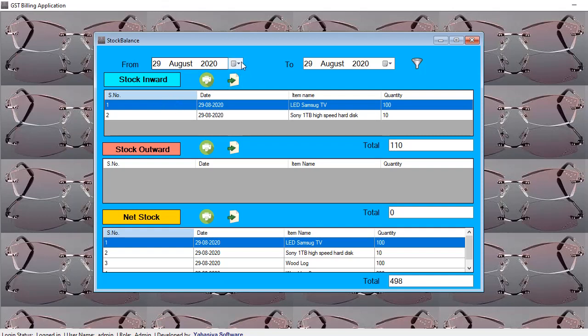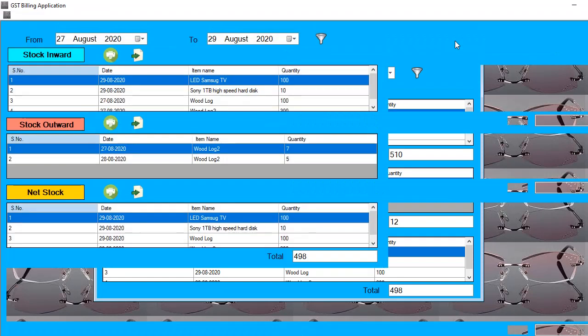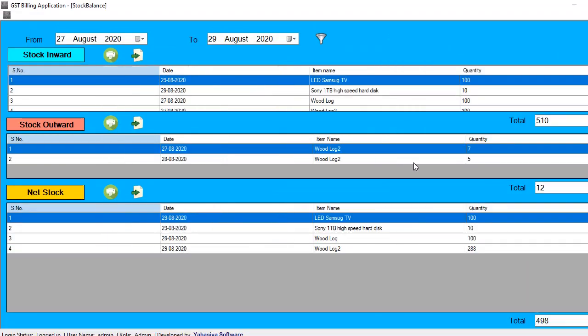So okay, let me take from 27. I want to see that stock balance. I also introduced the date on which you are seeing the stock balance. Previously the date parameter was not there, we introduced that as well.